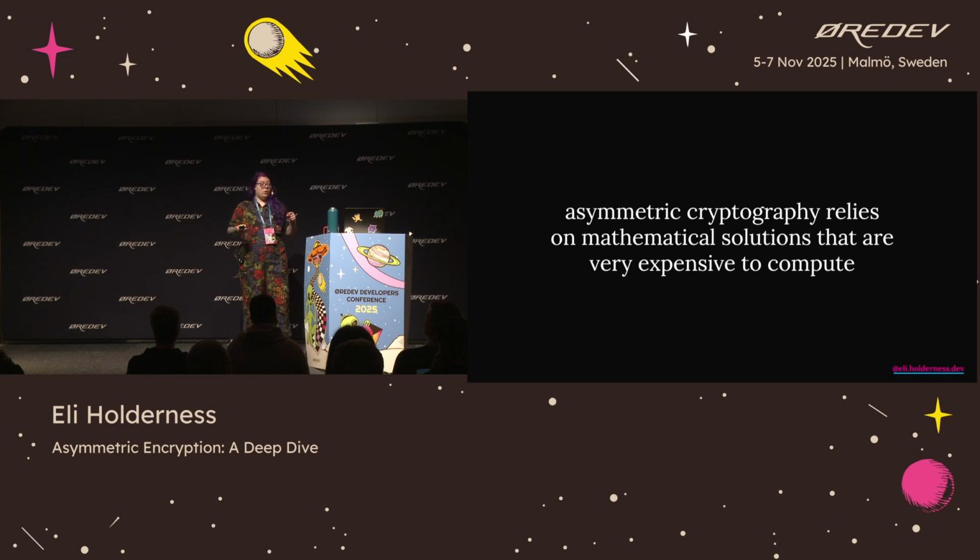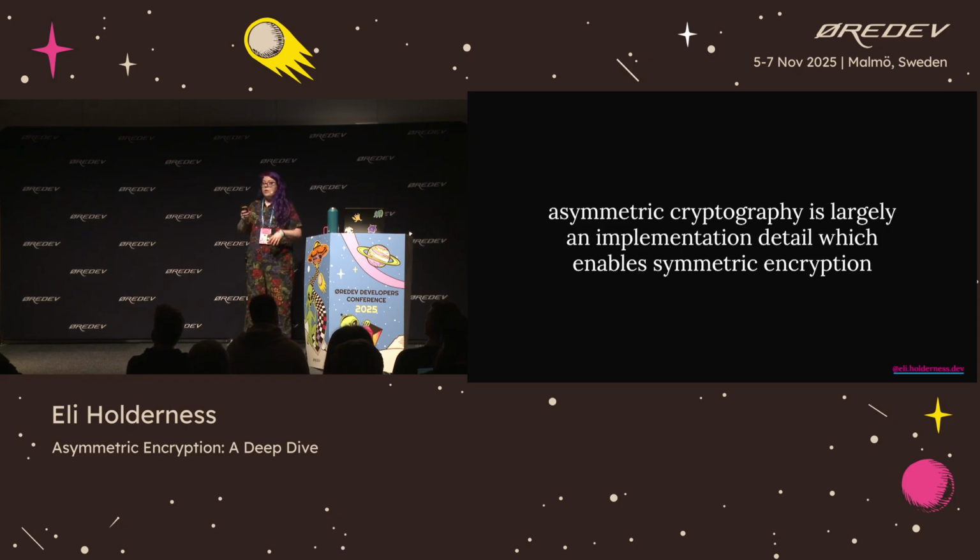It doesn't rely on two people having ever communicated before to function. Instead, it relies on complex math problems that are very expensive to compute the solutions to, at least with classical computers. And what we use asymmetric cryptography for in our actual daily lives as people who use the internet and